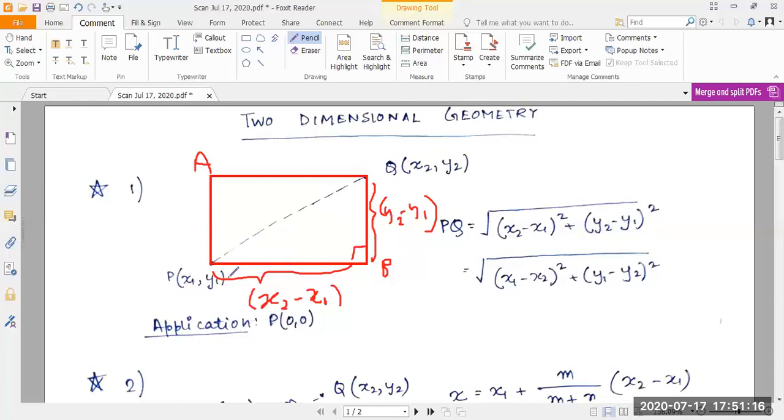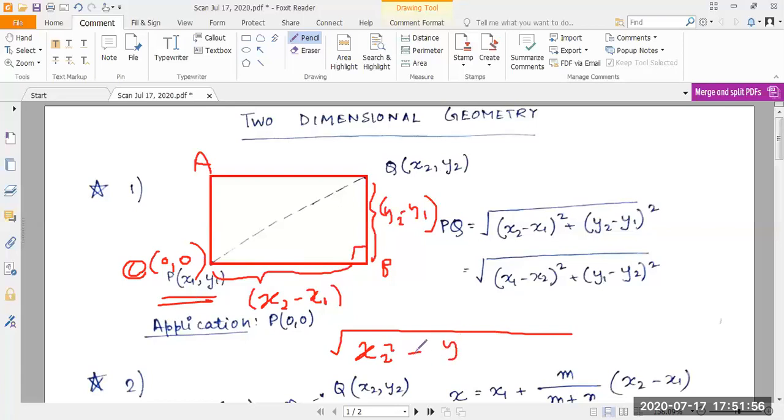Now, if we have it for a general set of 2 points on the xy plane, then we can also find it for a particular case where, let's say, the point P is essentially the origin 0, 0. So the coordinate of this point is 0, 0. If that happens, then we can replace x1 equal to 0 and y1 equal to 0. So the relation reduces to, if P is essentially the origin, then the distance between O and Q essentially reduces to x2 square